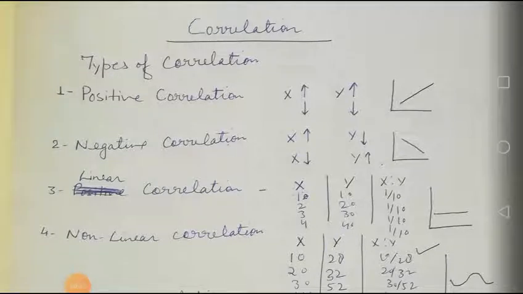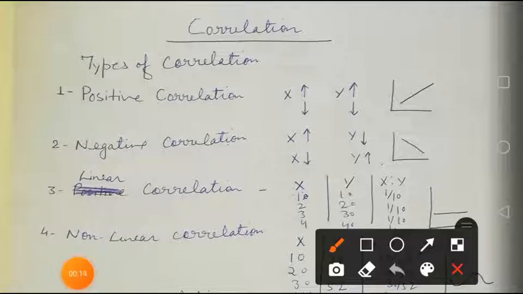In class 11th, we were discussing the topic correlation, and under the topic correlation, the previous day topic which we left was types of correlation. So the first type of correlation is the positive correlation. What comes under the positive correlation? When there are two variables in the series or the two variables are given, when the value of one variable is increasing, then the value of another will also increase. This is called the positive correlation.